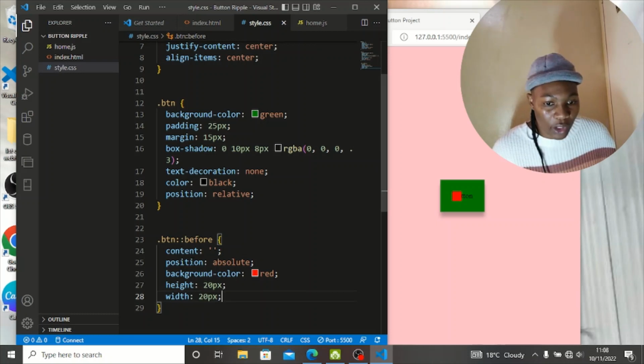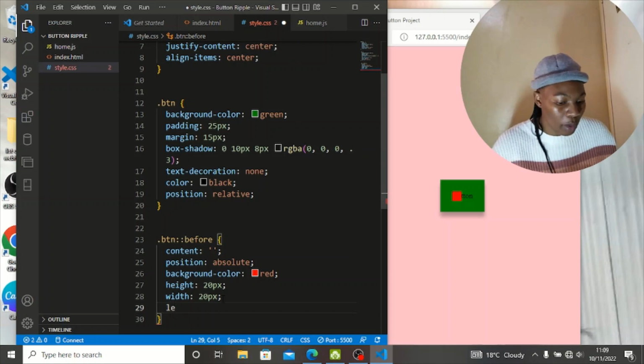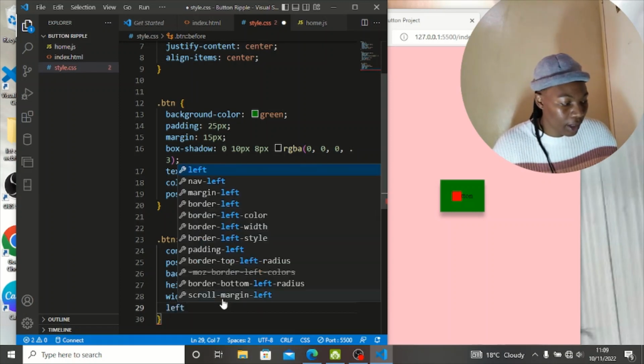Because we have positioned it absolutely, then we can move it. And also we give it a border radius of 50%, so it can be in a circle form. But before that, let's give it a positioning, which is when we move it, when it's left,